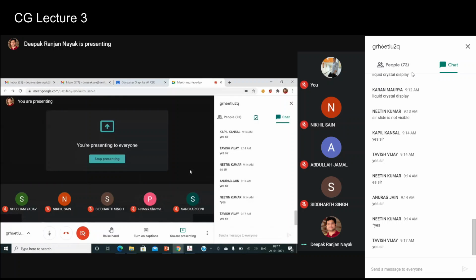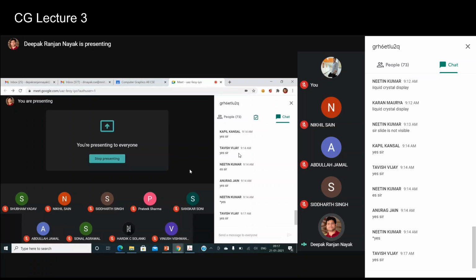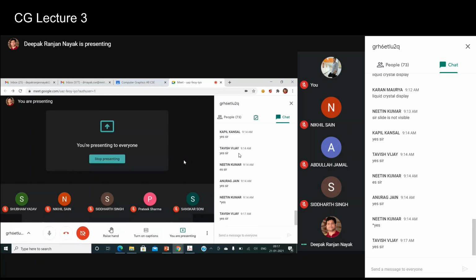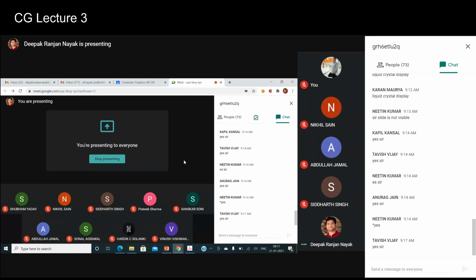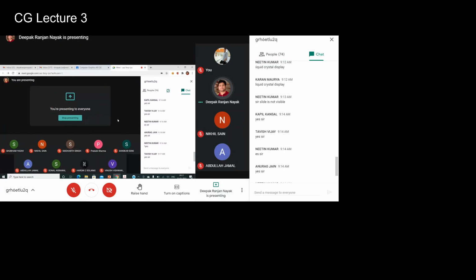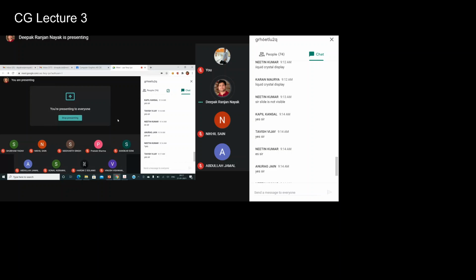You can switch on your mic and tell the answer as well, if you don't want to write the big statement over there. You can switch on the mic and tell the answer if you know. It's really important to know what a standard is. And there are basically two bodies, like ISO and ANSI, who provide the standards.